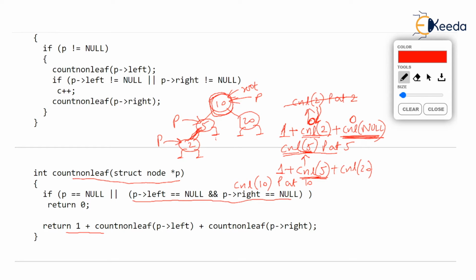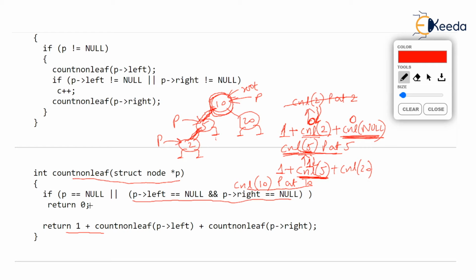So what you observe is phi is such a node whose left branch has 0 non-leaves and right branch also has 0 non-leaves. So count non-leaf phi now ends returning 1 plus 0 and it returns that answer back at the call here. This is 1, isn't it? Count non-leaf phi is 1, which means count non-leaf 10, this function, now knows that towards my right there is only one non-leaf. I hope you are understanding.